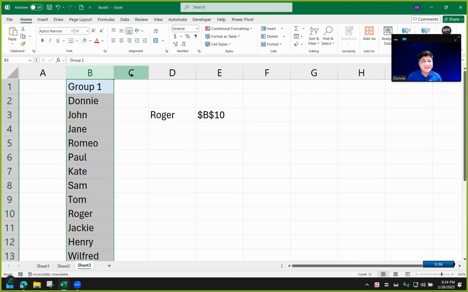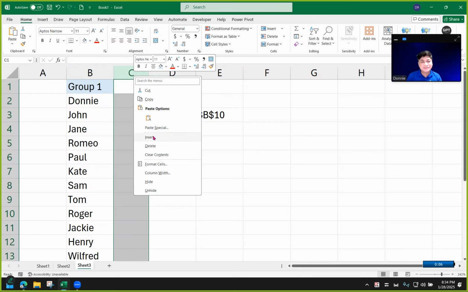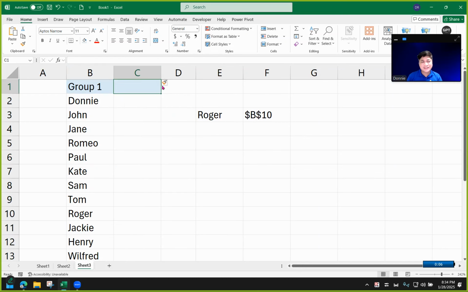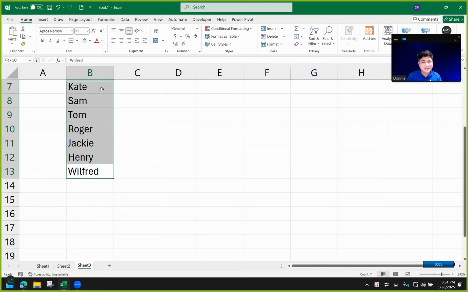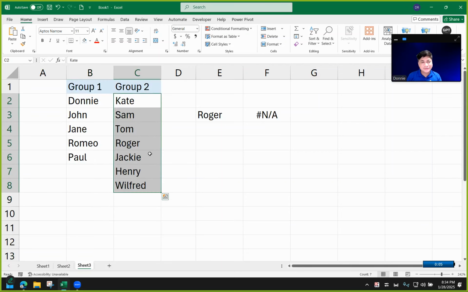So what if, let's say, this has multiple columns. Let's say you have another group here of names, and you have many more names here. The problem is that the match function will not be able to locate that because match can only search in one column. So let's say I'm going to split this into two columns.